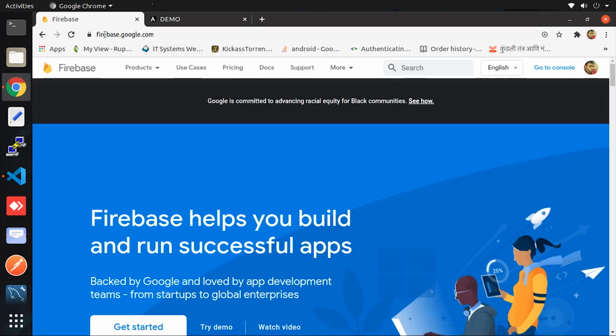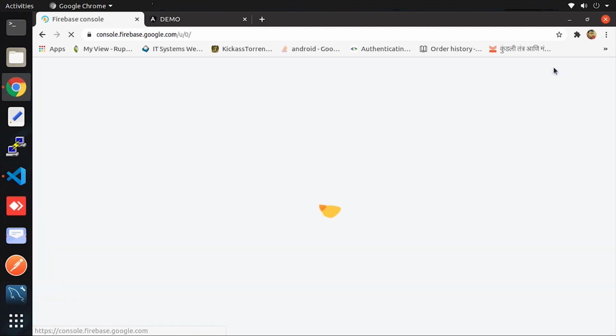For that, just open this website in the browser. When you visit this website it asks you for the Google sign in, so simply do it with your Google ID. Here I am already signed in with my ID, so for me the top right corner has the go to console option. For your case it could be a sign in button. Next we have to go to the console by clicking on this go to console button.